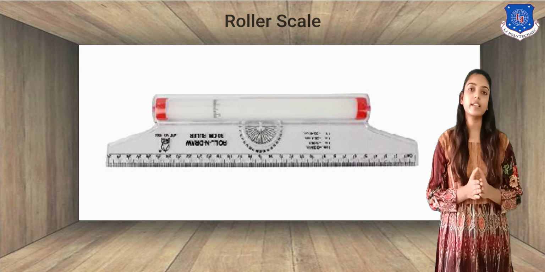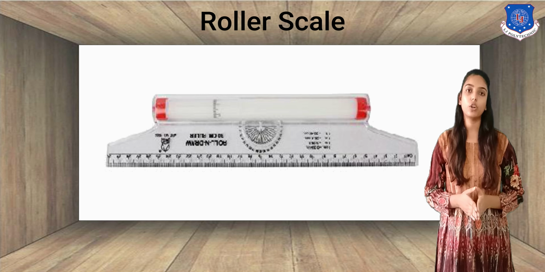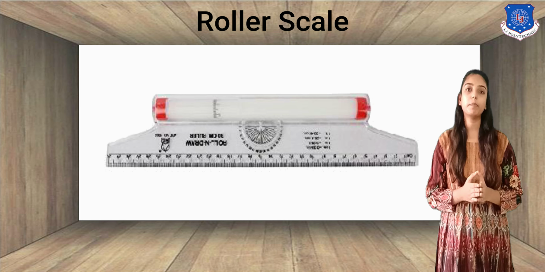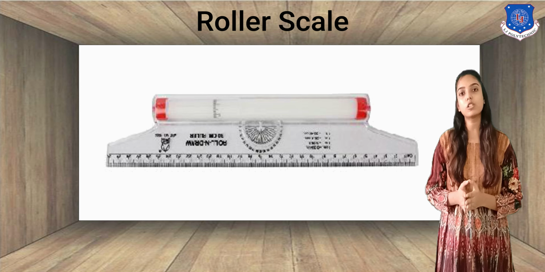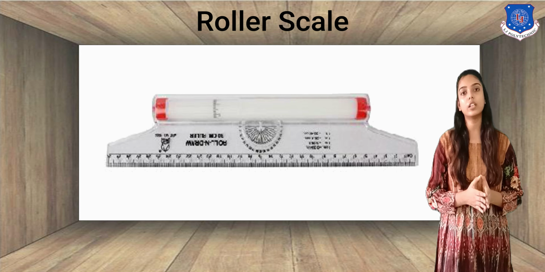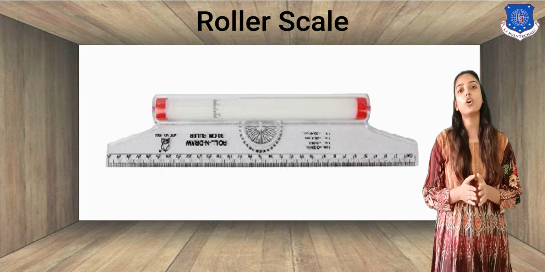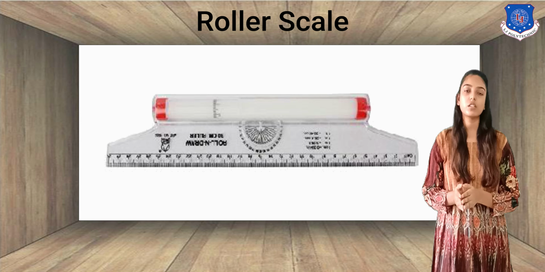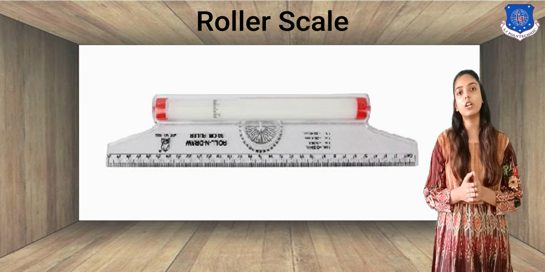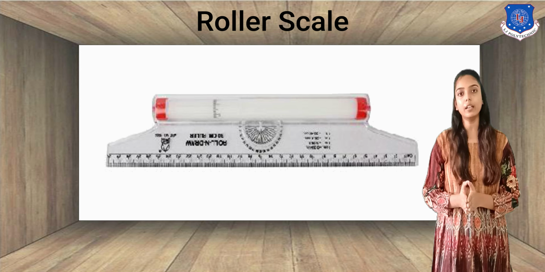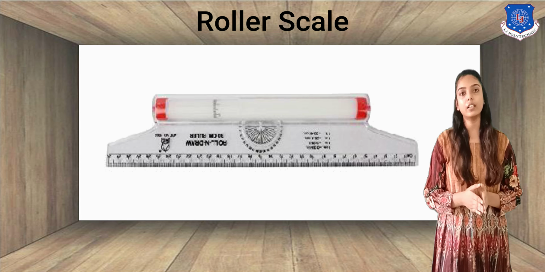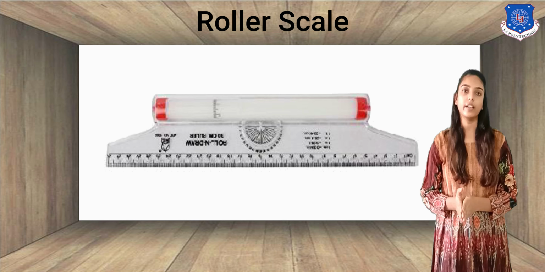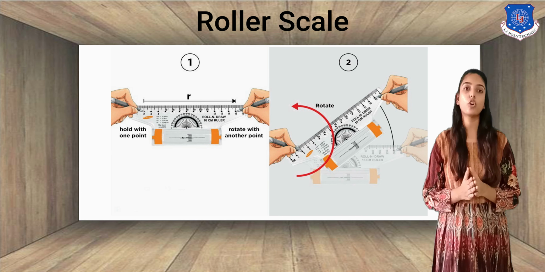The next drafting instrument is the roller scale. It is made out of plastic or acrylic material. It is used for drawing parallel lines. It is mainly used by students and engineers for drafting purposes. The length of the scale is 16 centimeters or 30 centimeters. It is used in such a way that you place the longer edge on the straight line and then you roll the scale to the point where you want to draw the next parallel line. As you can see on the screen, a sketch of a roller scale.